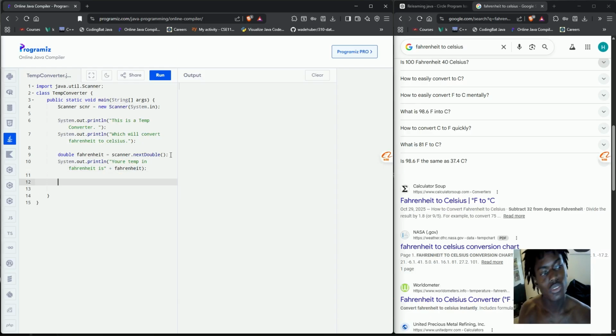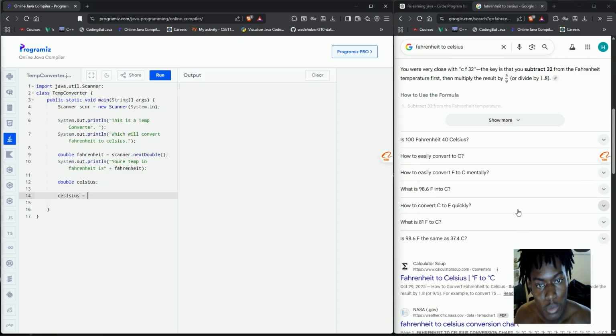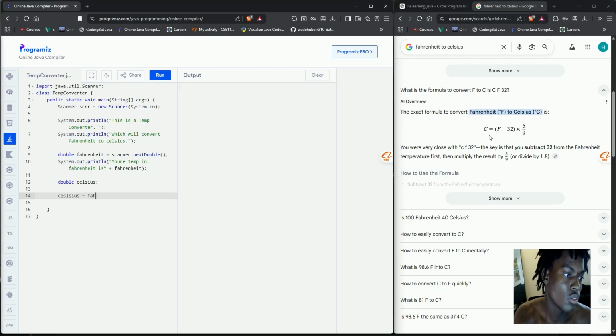Right here, since I put that down as double, we're going to have to convert Fahrenheit to Celsius. So we're going to put double Celsius, right? And then Celsius equals, and then we have the formula here, Fahrenheit